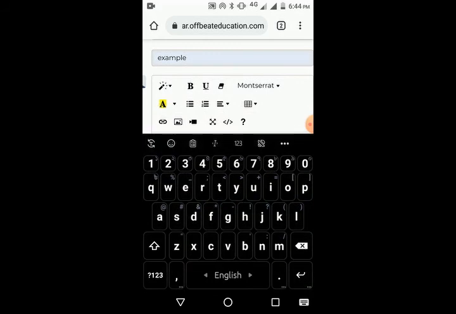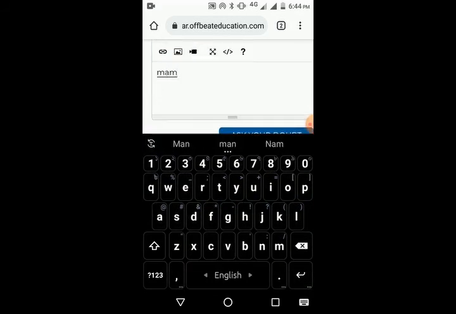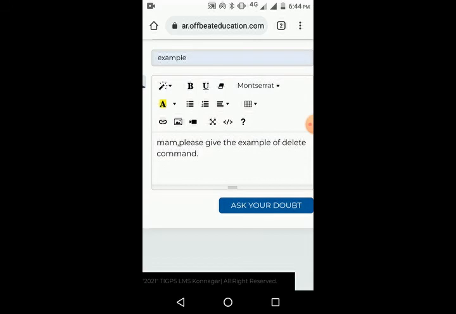Suppose I am writing, ma'am, please give me the example of delete command. It means you are asking your teacher that you want a few examples on the delete command.